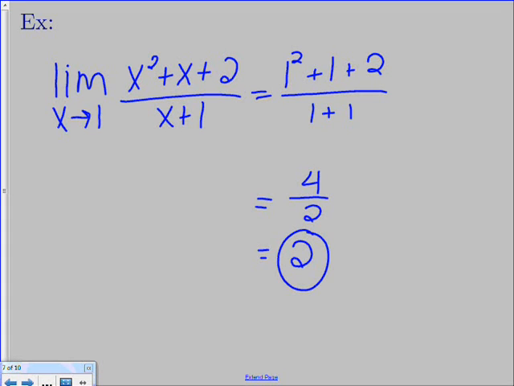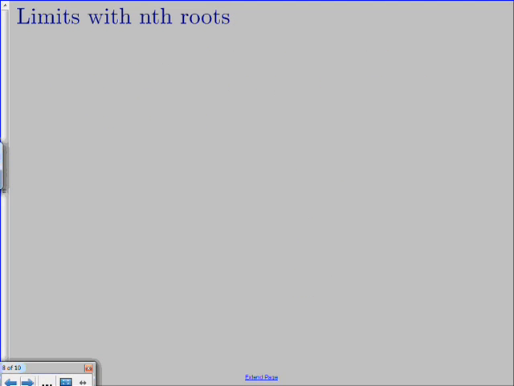So the next type of limit we're going to talk about is limits involving roots. And we're going to talk about limits with nth roots. So that's any root. It could be square root, cube root, taking the fourth root of something, any root you want to. So these are going to be for limits of the form like this, where we have limit as